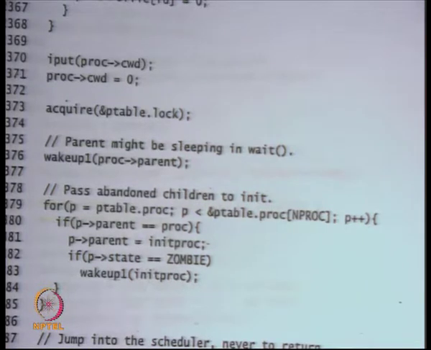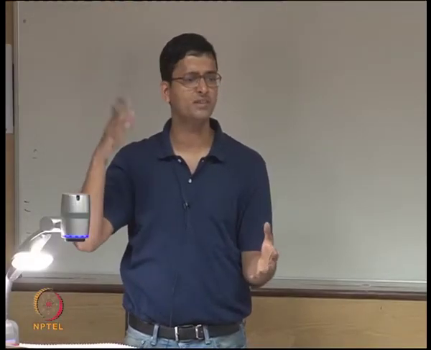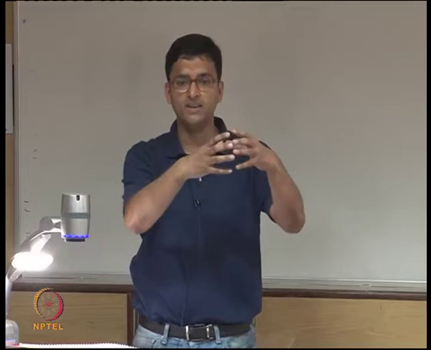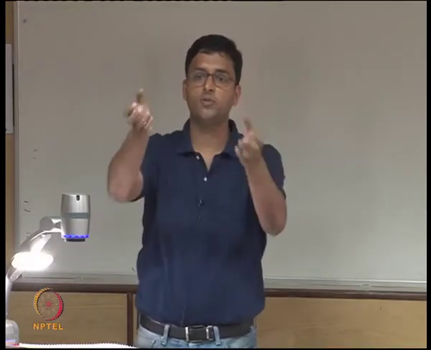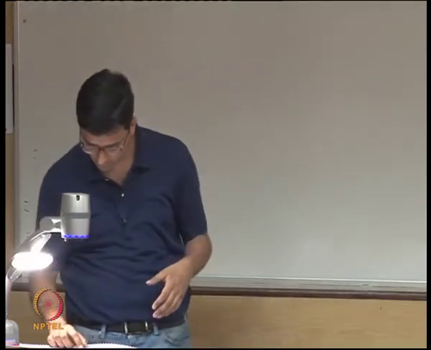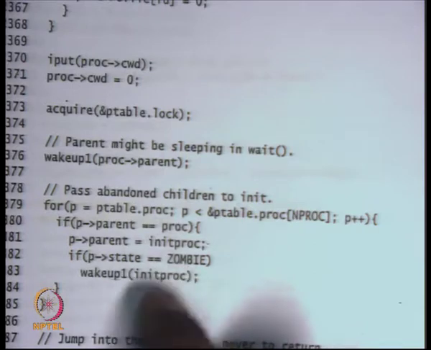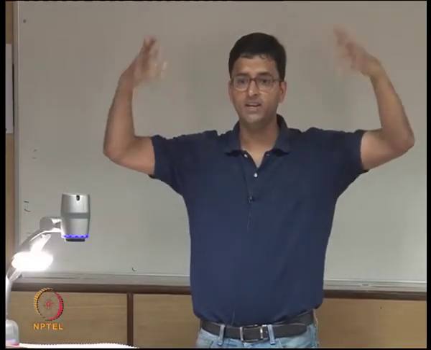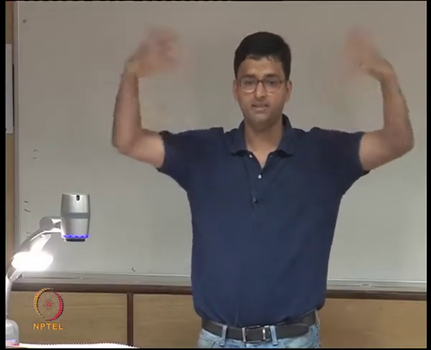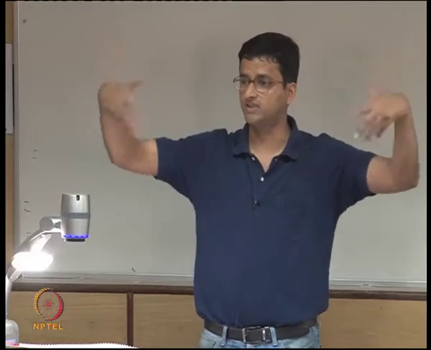So basically, the orphaned process has to be connected to the init process. Recall the semantics that we discussed: if the parent exits, then all its children are connected to initproc, and initproc is going to call wait so that there are no zombies remaining. And if p.state is equal to ZOMBIE, then wake up initproc. What's happening here? Initproc is probably already in the wait loop, constantly calling wait just to collect all these zombie processes.